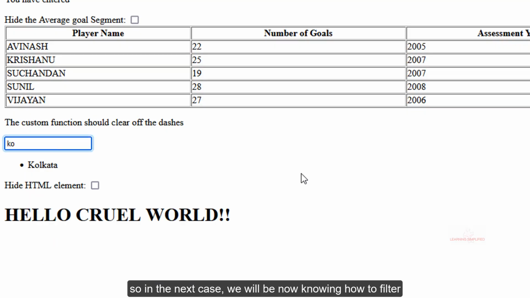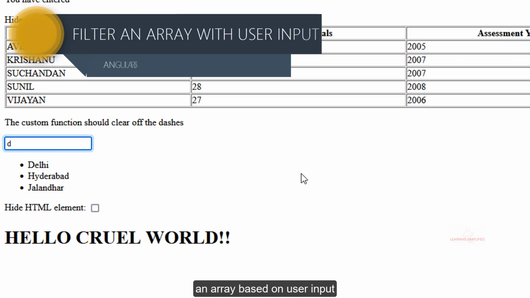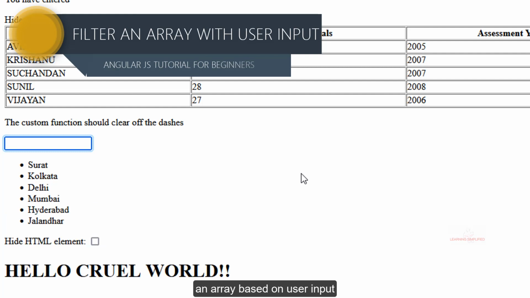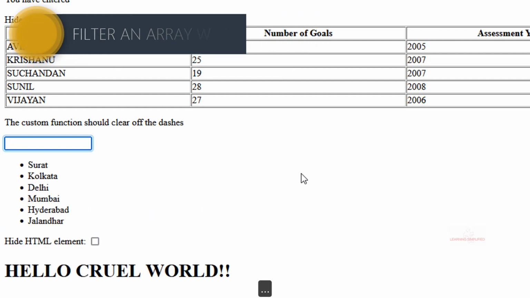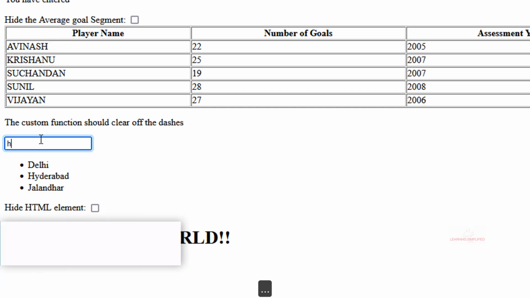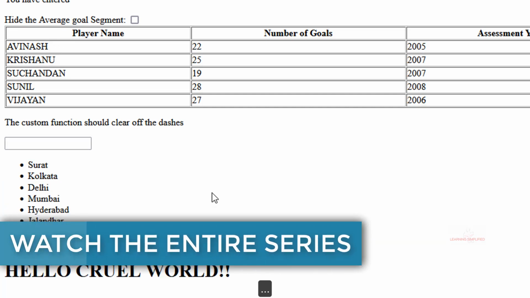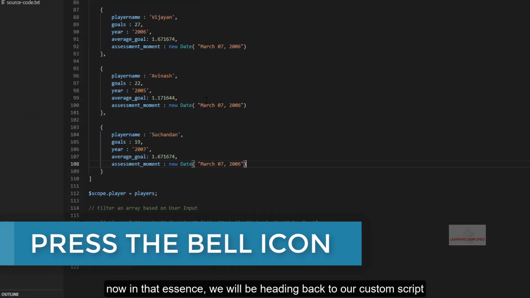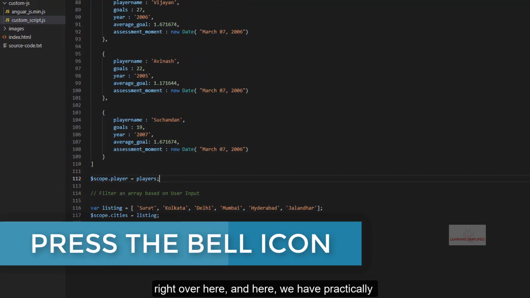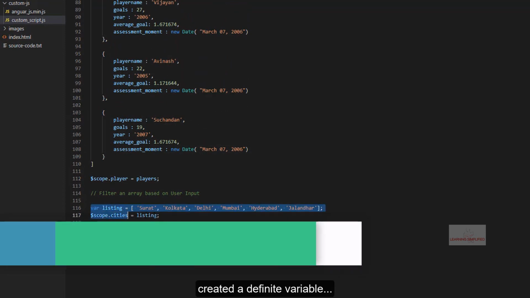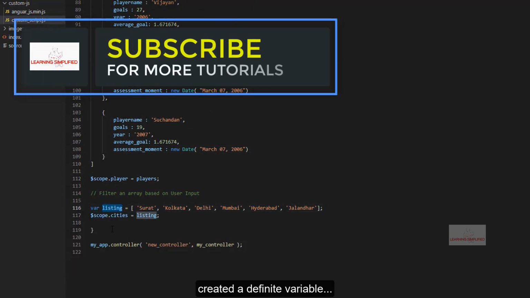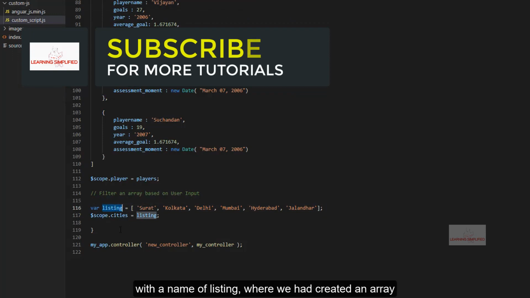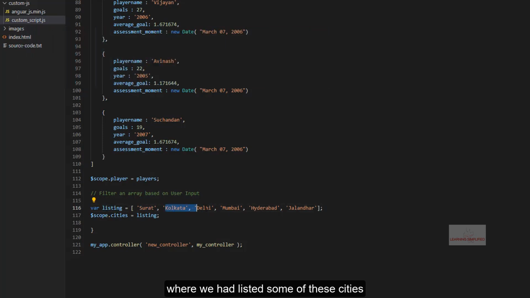So in the next case, we will be learning how to filter an array based on user input. In that essence, we will be heading back to our custom script, where we have created a variable with the name listing, an array listing some of the cities.